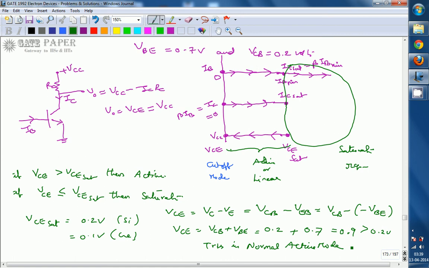If the input junction itself is reverse biased, there is no chance of applying input current, so IB will be treated as 0, and whenever the input current is 0, the output current doesn't depend on the input. So that reverse mode, that is inverse active mode or reverse active mode, will not be used in practice, because a BJT is a current control device which requires an input current to influence the output current. But in reverse active mode there is no possibility of applying input current, since the emitter base junction is reverse biased, so it is not normally used. The answer for us is normal active mode, that is option A. Thank you.